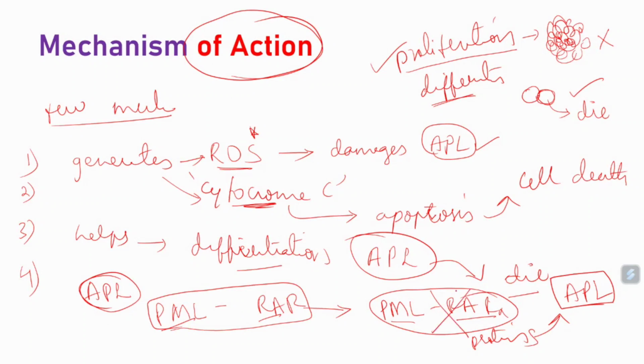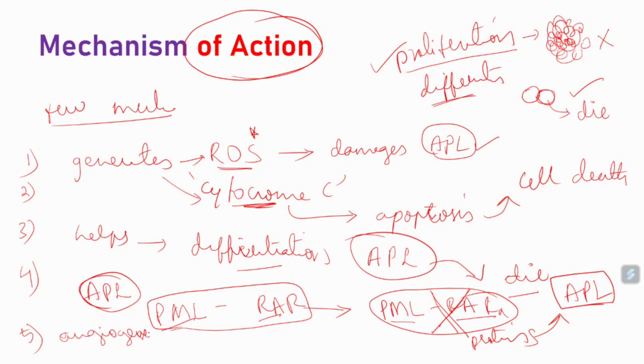And with that, what happens? Due to the degradation of these proteins, it will stop formation of APL. Simple. This is a very, very important mechanism. And the final, last mechanism of arsenic trioxide is that it will inhibit angiogenesis,